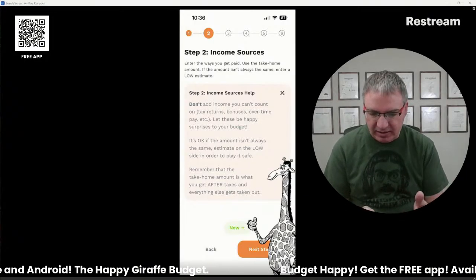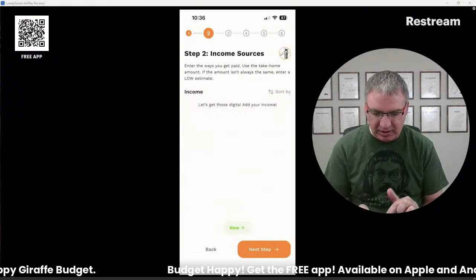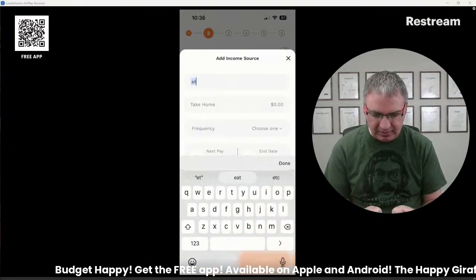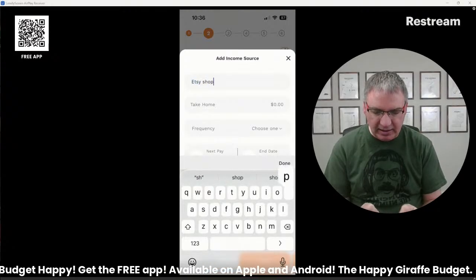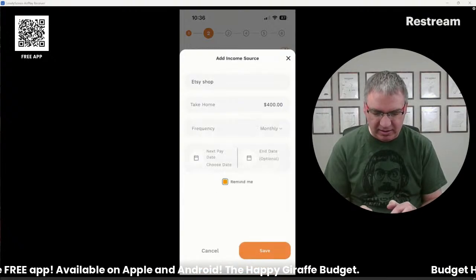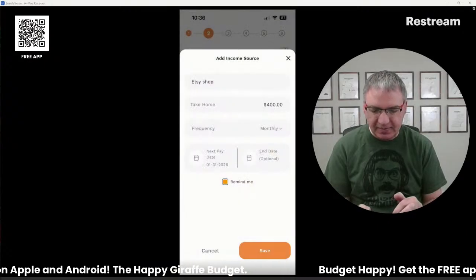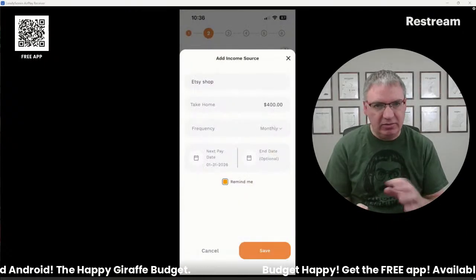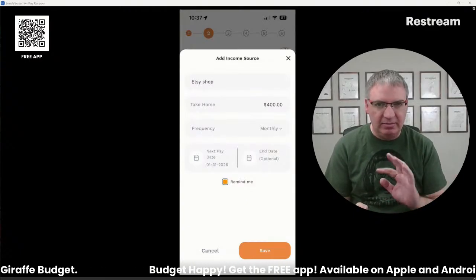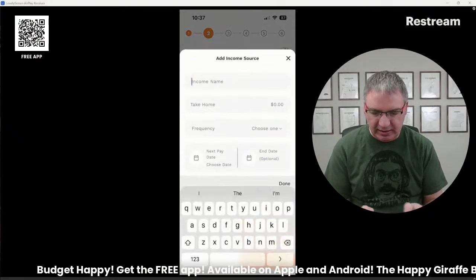So like in the example here, I'm going to do one of these on the bottom. You can click new. I'm going to say these people have an Etsy shop, and they're used to making about 400 by the end of the month. That's what they think they'll make. So that's what I'm going to put in here. And like I said, if that's higher or lower, that's okay. I'll show you how to figure that out. But yeah, just take a lower estimate if you have to make an estimate. So that's one of their incomes, the Etsy shop.